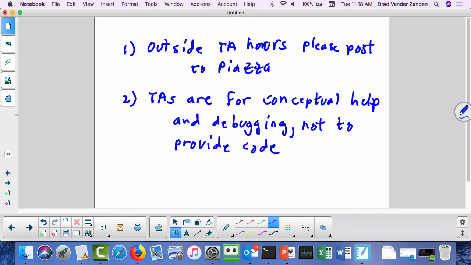The TAs feel that sometimes all some of you are looking for is code, and that's just not appropriate. You've got to learn how to write the code yourself. They can provide you conceptual help with understanding the lab problem or a high-level approach for attacking it, but they're not there to give you code. And with debugging,